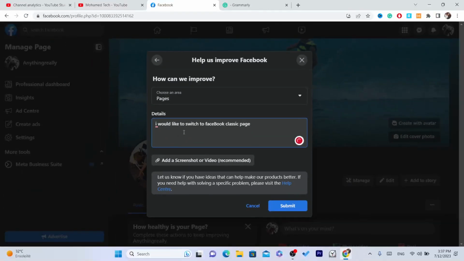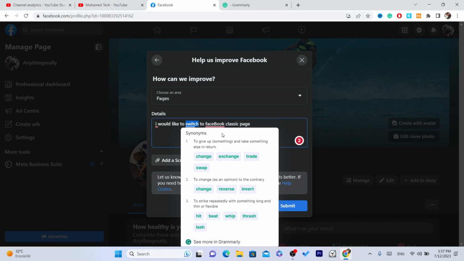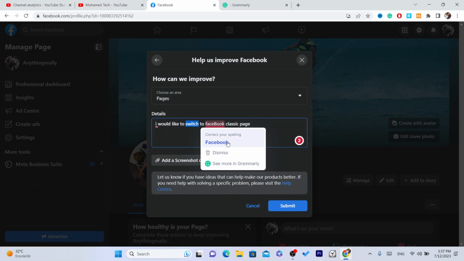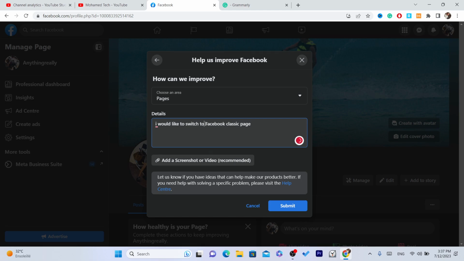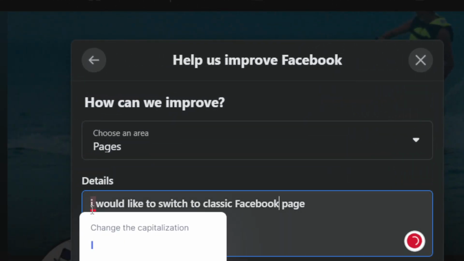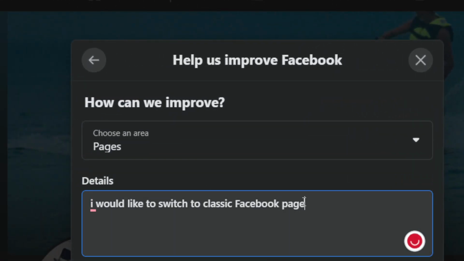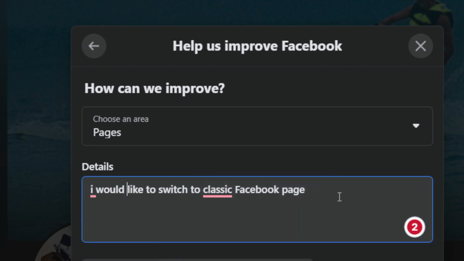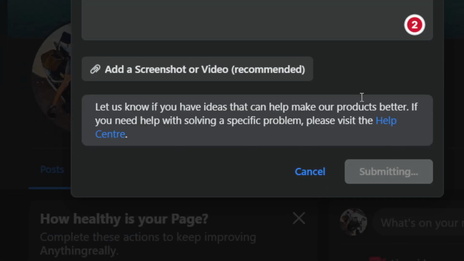You would just say something like I would like to have a classic Facebook page. That's it. You just want to say something about wanting the classic Facebook page. In the sentence you need to state that you want to go back to the classic Facebook page. After that you need to click on submit, and within a few hours, some